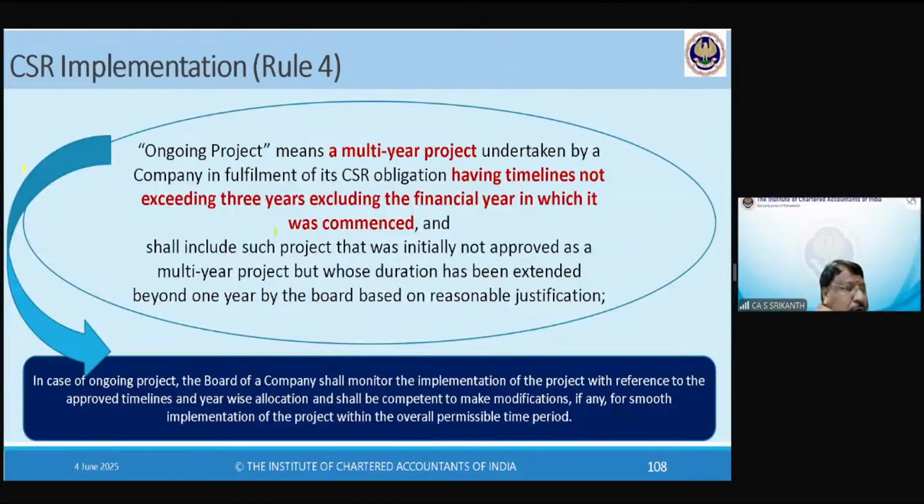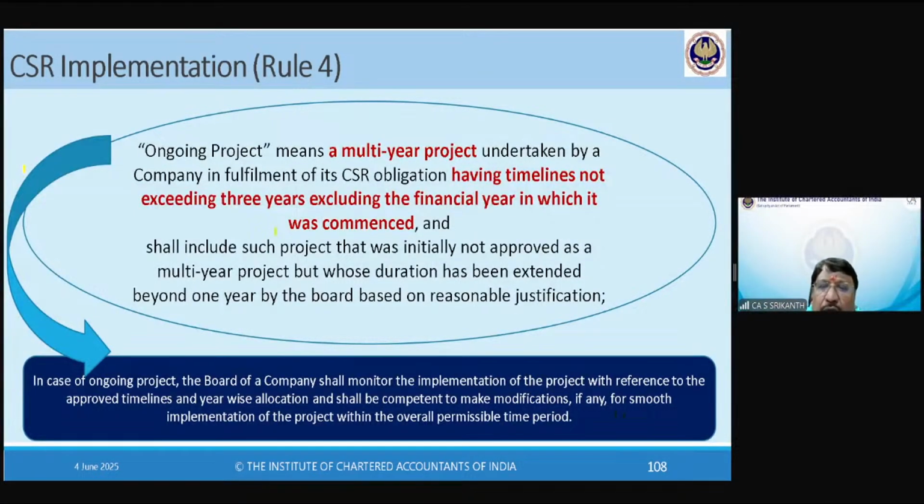Sometimes you might undertake a project which is going beyond 1 year. For example, the toilet is a classic example. We started the project in 23, moved on to 24. Finally, it got completed in 25. This is called a multi-year project. So we went to the company and said, boss, we can't take your entire money; we give you only so much. As and when I need, I'll come back to you. So maximum 3 years, you can push it.